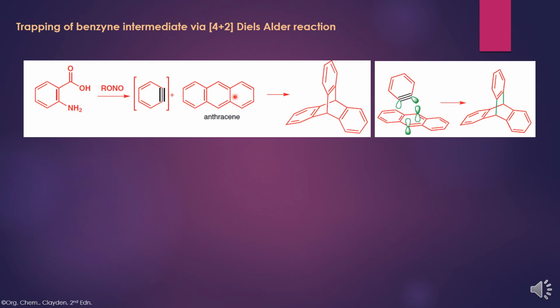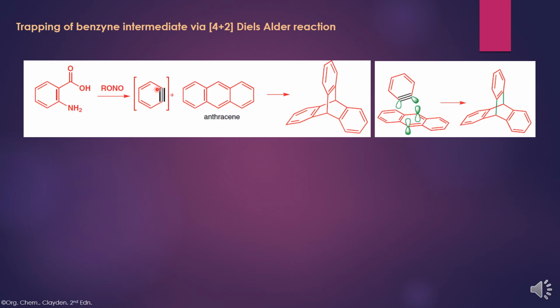Here in the anthracene structure, the double bond of the middle ring is having more electron density. So this acts as a diene, and we know that this is in S-cis conformation. This diene reacts with the electrophilic benzyne. This benzyne is electrophilic, that means it is electron deficient. The benzyne intermediate is electrophilic, that is, it is electron deficient, and hence the alkyne part of this benzyne could act as a